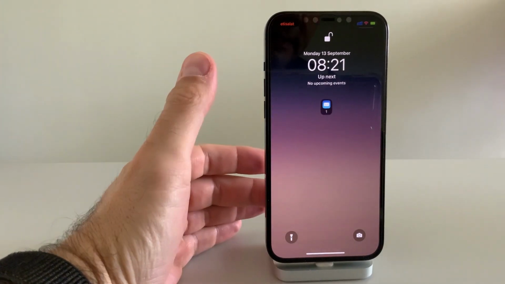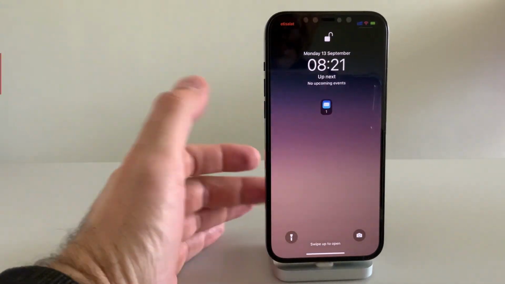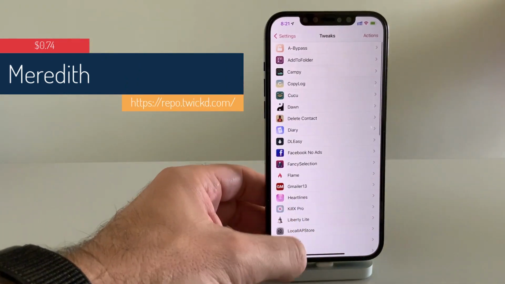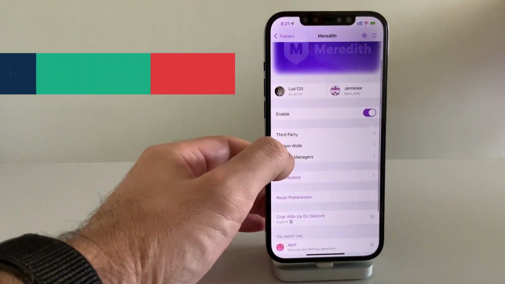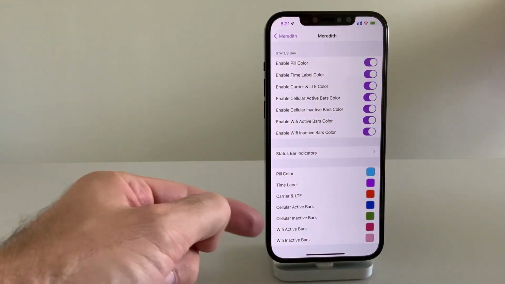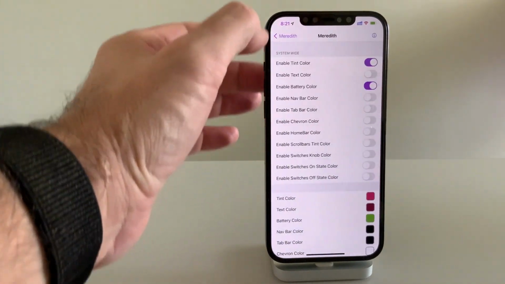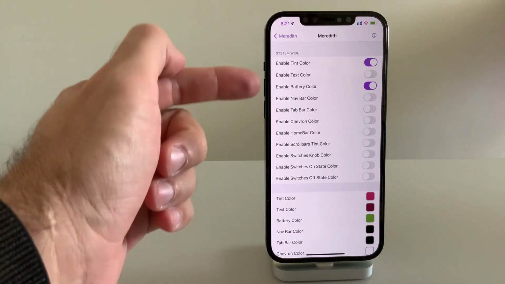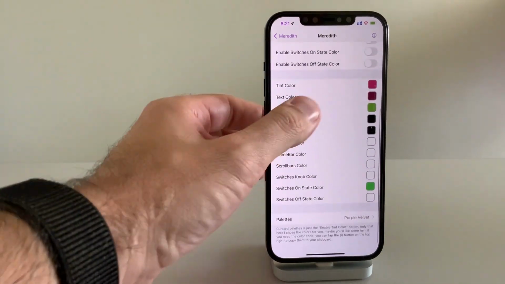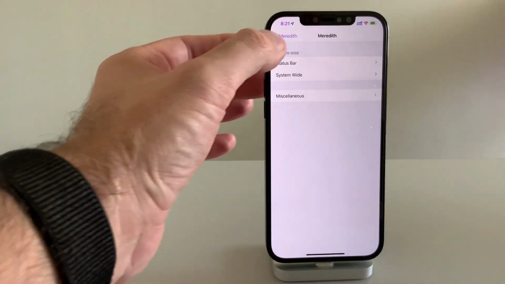Now when I've enabled the next tweak, you can see that the things on my status bar have changed colors. This is due to the Meredith tweak that I've just enabled, and you will see that the tweak has tons of customizations. You can have the system-wide, you can select the colors for each segment of the status bar. You can set all different colors, or you can set them all the same color. You can do the same thing for system-wide apps, tint color, text color, battery color, navbar colors, tab bar, and you can select different colors for each one of these elements. As you can see, also this navigation bar is purplish for me. So this is also thanks to